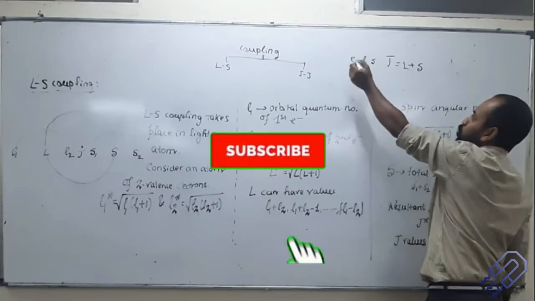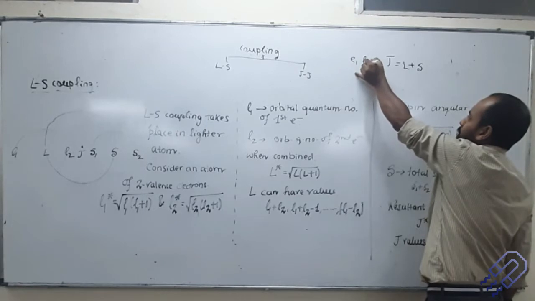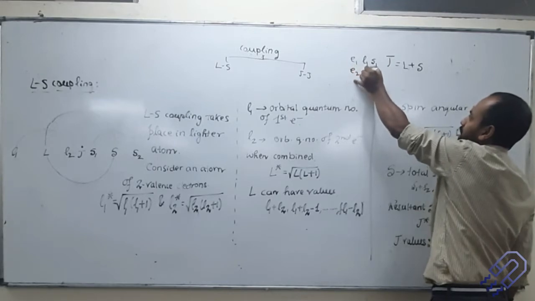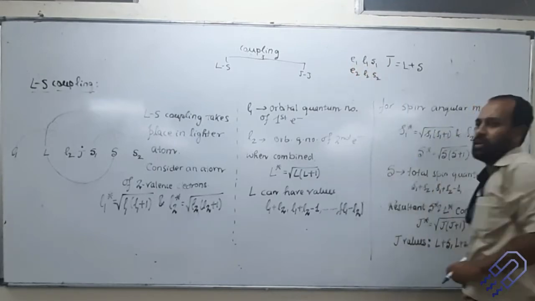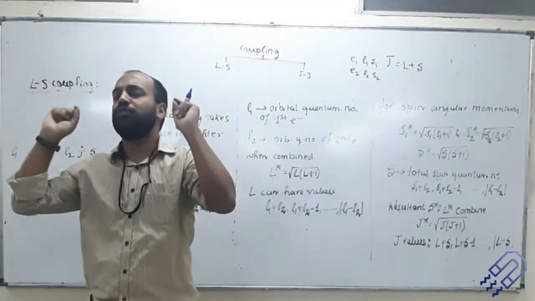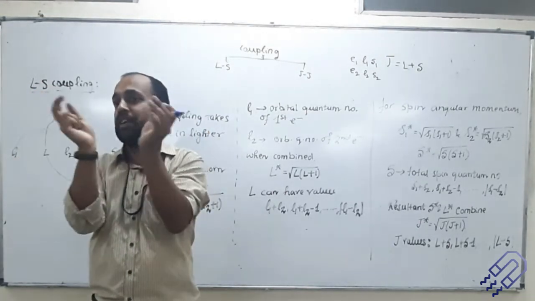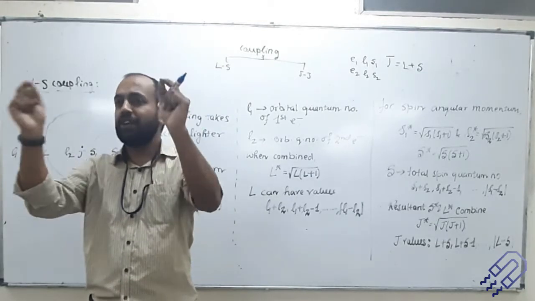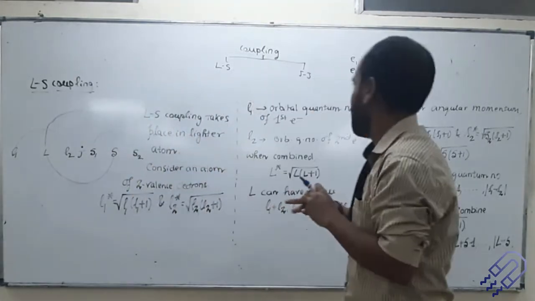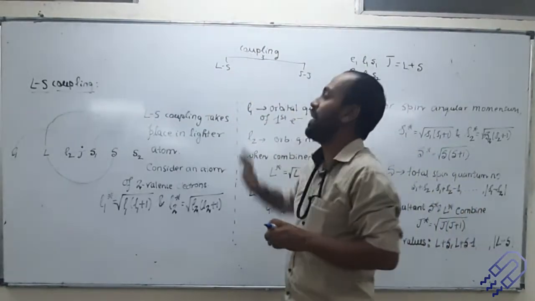So let's say I have got two electrons. Example अभी सिर्फ दो इलेक्ट्रॉन का लेते हैं to keep things simple. I have got one electron, angular momentum quantum number है L1 और spin momentum quantum number है S1. I have got one more electron, इसका है L2, इसका है S2. अभी imagine you have got two charges, two electrons moving. When it moves, what kind of field it has? Magnetic field. अभी दोनों इलेक्ट्रॉन मूव कर रहे हैं तो उनका जो खुद का मैग्नेटिक फील्ड है that will also interact, right? The magnetic field between two moving charges will also interact, right? That is also there. So how do they interact? What is the final result is something which is given by this idea of coupling scheme.